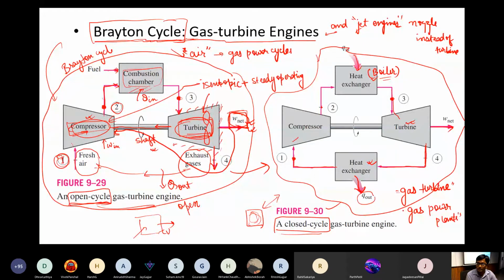But you rarely see that whenever you go to any power plant. So what is the purpose of this power plant? To generate electricity. Whatever shaft you are rotating, you are getting the work from the turbine, you put this into the generator and you will get the electricity. But you have rarely seen these power plants being run by gas.